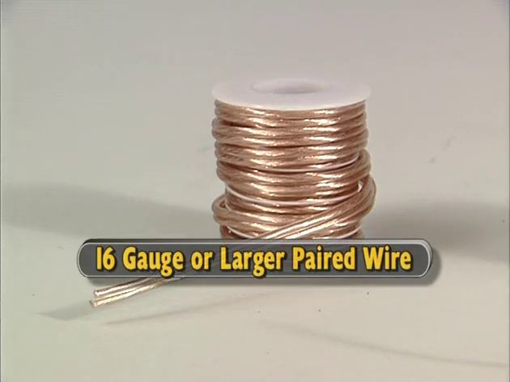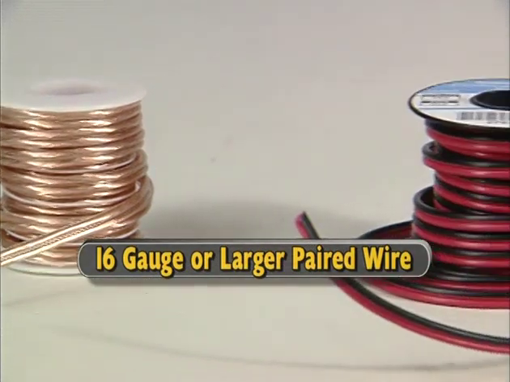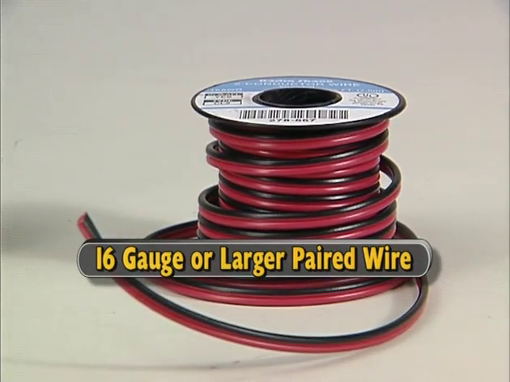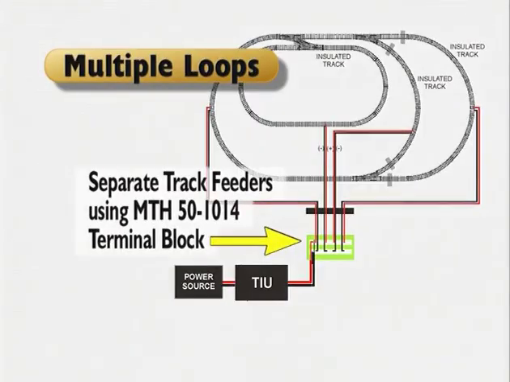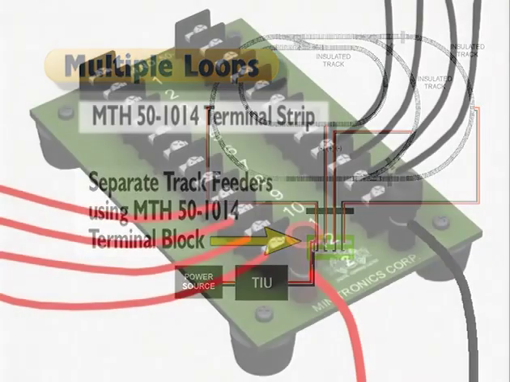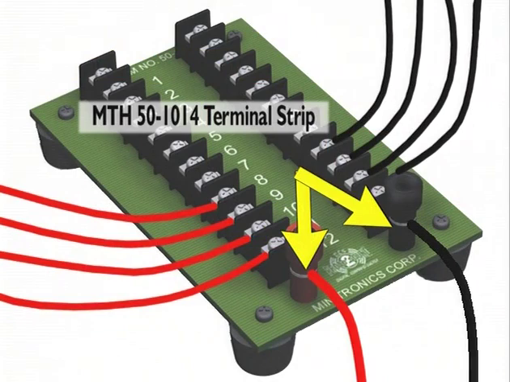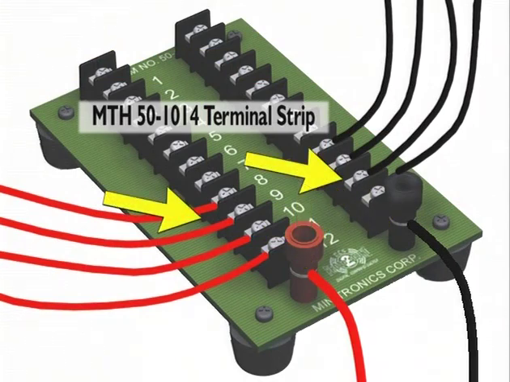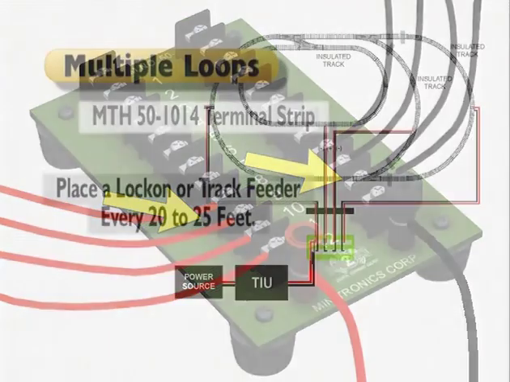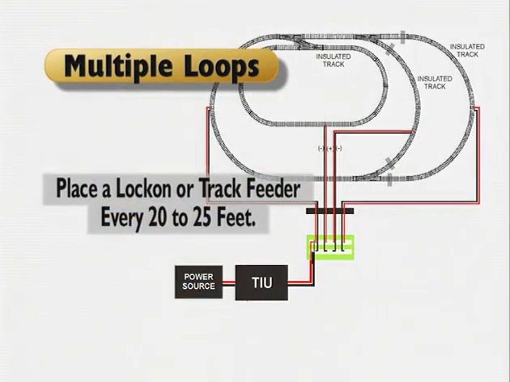For best results with DCS, we recommend using 16-gauge or larger paired wire and home-run wiring rather than a common ground wiring setup. This means that separate power feeders should extend out from a central point to the various track sections around your layout. The easiest way to do that is to use the MTH terminal strip. You connect the power feed wires from the TIU here, and the track feeders fan out from the terminal strip from these terminals. We recommend using a lock-on or track feeder every 20 to 25 feet, depending on your layout's